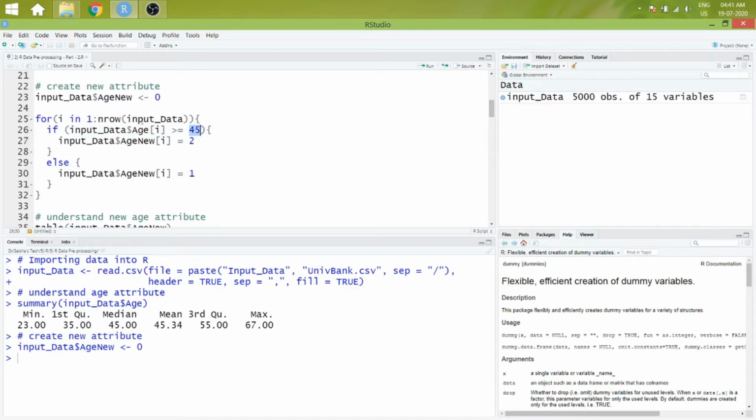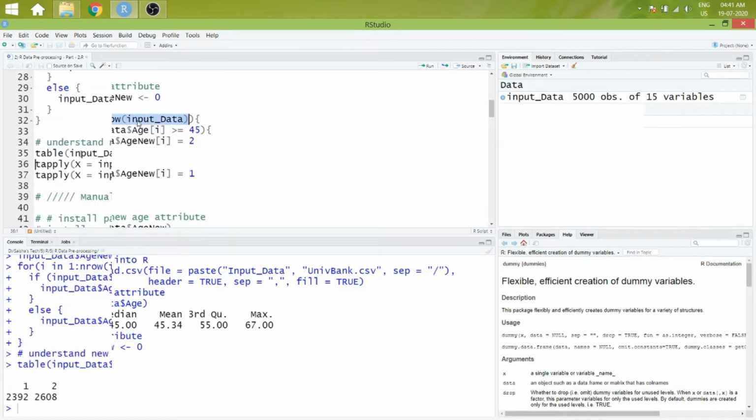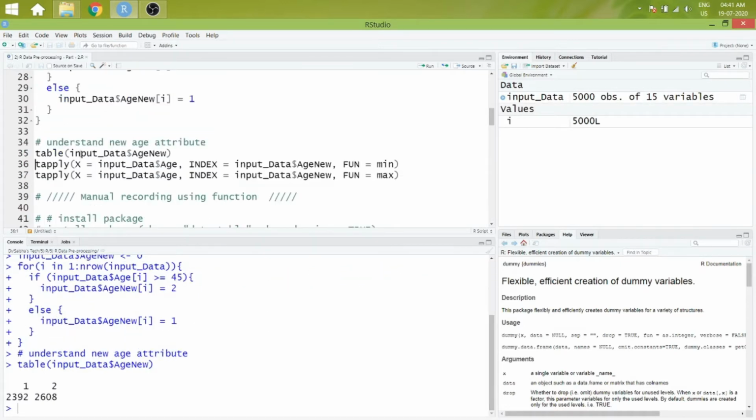For loop iterates over numbers. Here we are iterating loop with I for all the rows of input data frame. In line 35, we are able to observe that there are 2392 group 1 people and 2608 group 2 people.